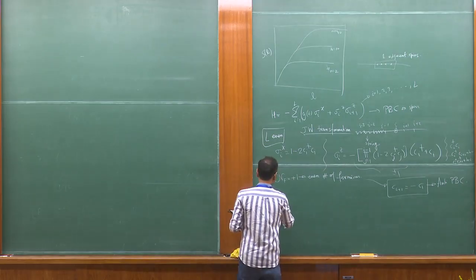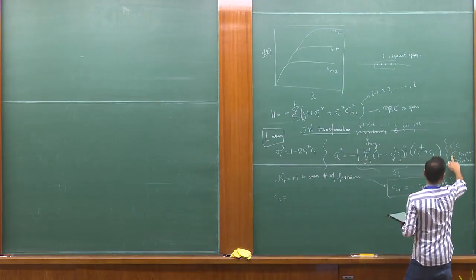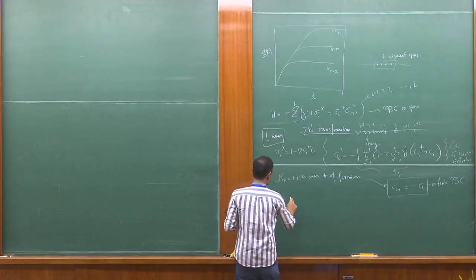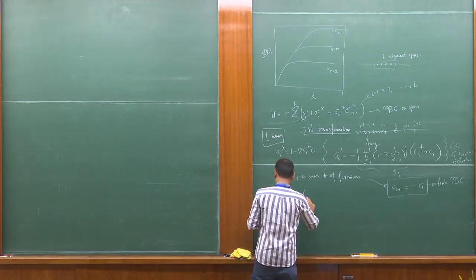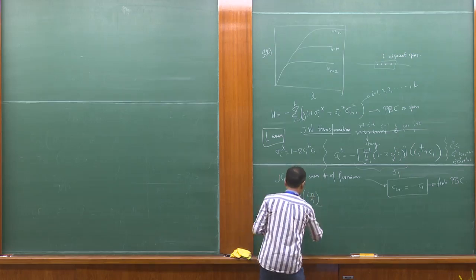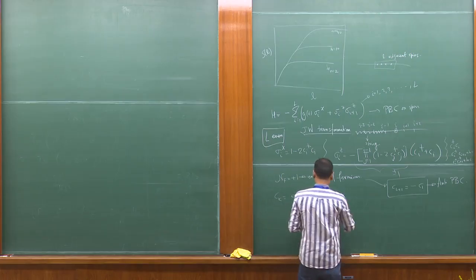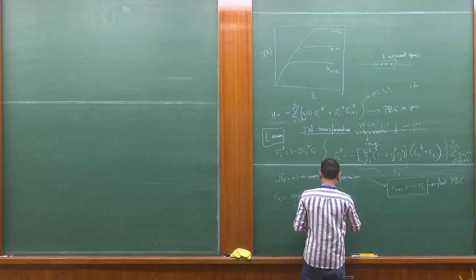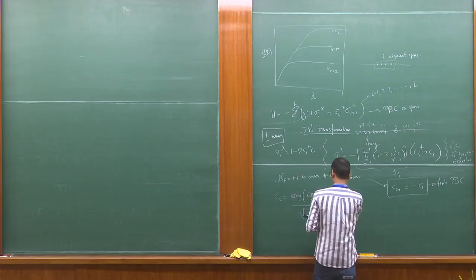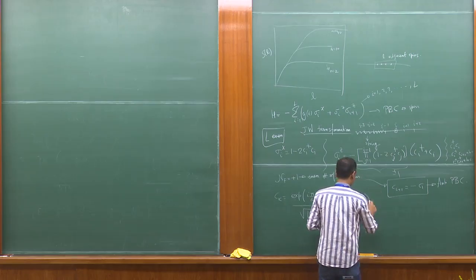Then you go to Fourier space of the fermions. That's the most natural thing to do because you have terms like this in your Hamiltonian. So you go to Fourier space, and I also carefully define the Fourier transform in a particular fashion with this phase factor, because I just want the Hamiltonian not to contain any i's. Of course, you could have chosen not to include this phase factor. You would still get correct answers